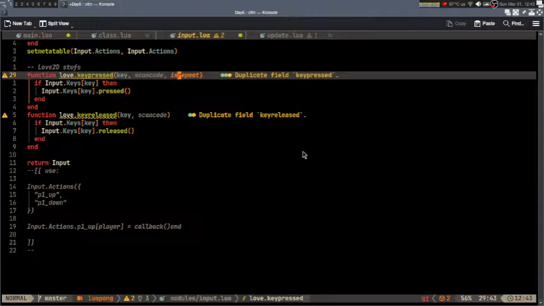Should be keybinds actions flip to player is equal callback,